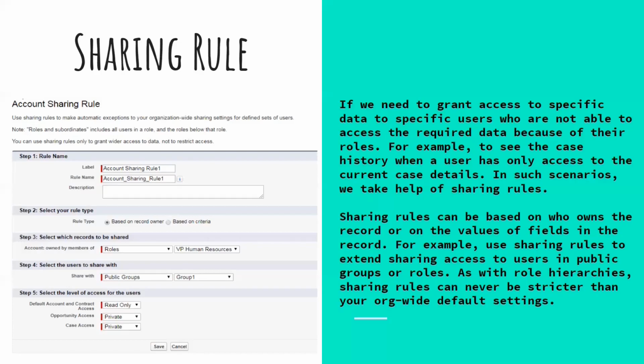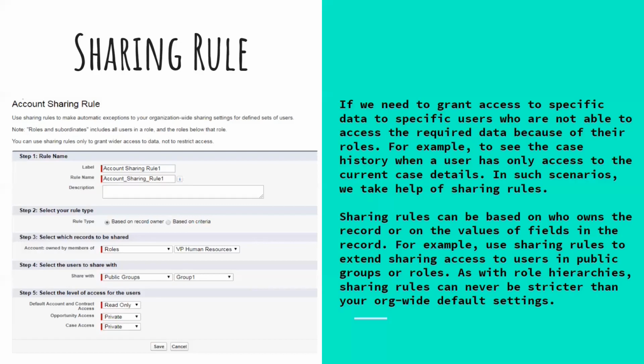For example, use a sharing rule to extend the sharing access to users in a public group or role, or with the role hierarchy. A sharing rule can never be stricter than your organization wide default setting. So let's go to Salesforce and create some sharing rules so that you get more understanding of what a sharing rule is in Salesforce.